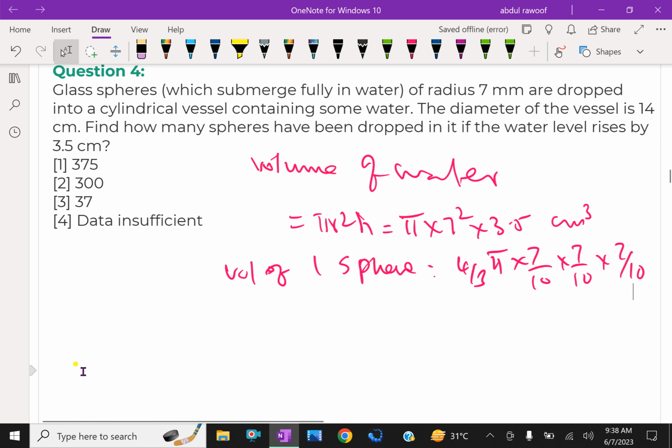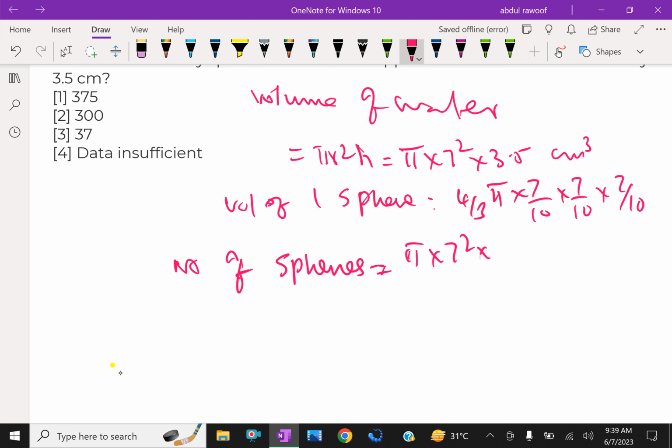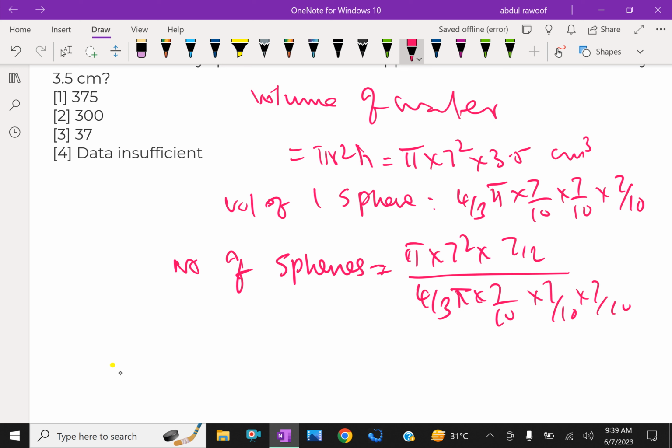So, number of spheres is volume of water displaced, that is pi 7 square into 7 by 2 because 3.5. Here 4 by 3 pi 7 by 10, 7 by 10, 7 by 10, which gives